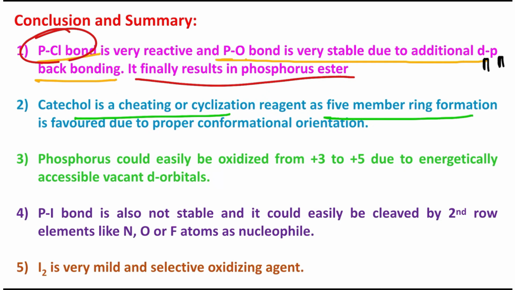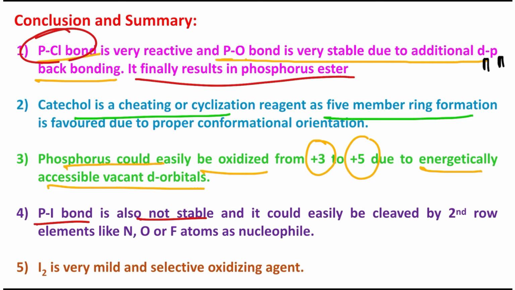phosphorus atom is bigger. Now phosphorus could easily be oxidized from +3 to +5 because it has an energetically accessible vacant d orbital, so it can expand its valency from 3 to 5 or oxidation state also, and phosphorus oxygen bond, as I told, it's stronger, so that became facile. And in this context, remember this pi bond is also not that stable, because if the PCl bond is not stable, how could pi be stable? Okay, so it is not stable, but it is produced because iodine reacts with the phosphorus lone pair due